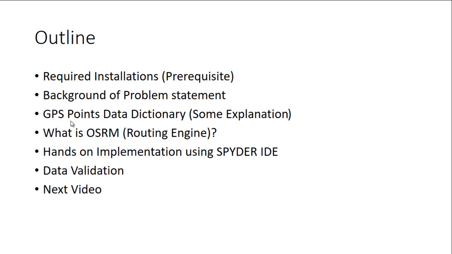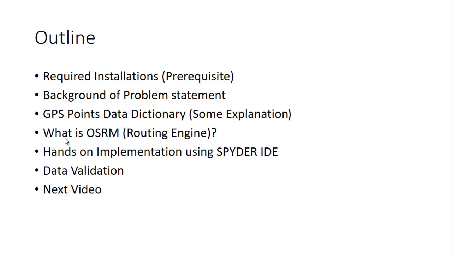Later, the raw GPS trajectories reside in this data. Later I will tell you what OSRM is, and this is basically the main lifesaver in the whole mess of data. And then after covering some administrative stuff, we will perform hands-on implementation